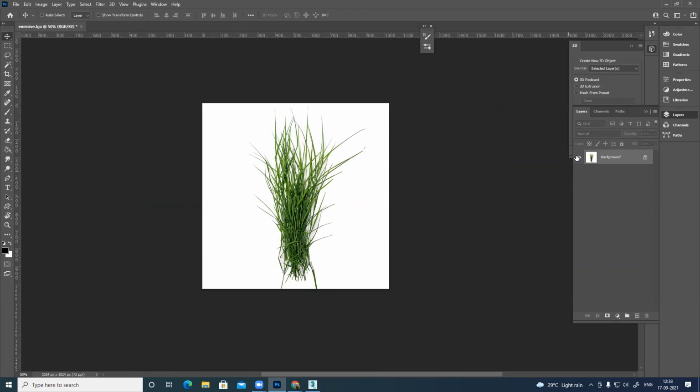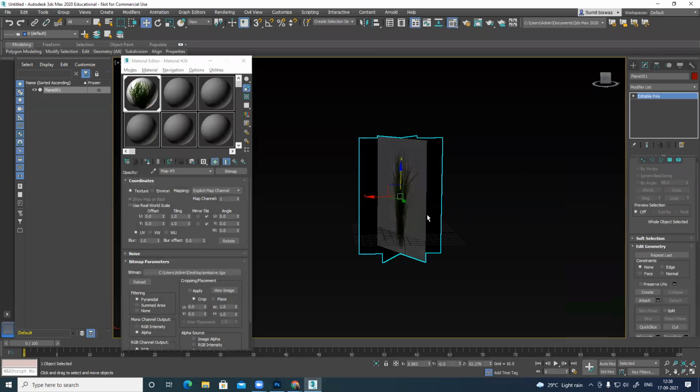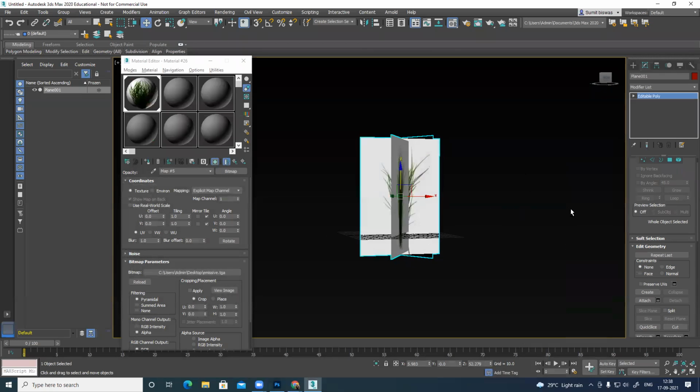So let's slide this and alpha channel. Delete it. Let's save it and check here. So now you can see I have created multiple planes. So whichever angle you see, you can see the grass. This is how we optimize grasses. Yes, there are cases where we create each and every leaf wherever we have any asset close to the camera. Otherwise, every time we create planes only.